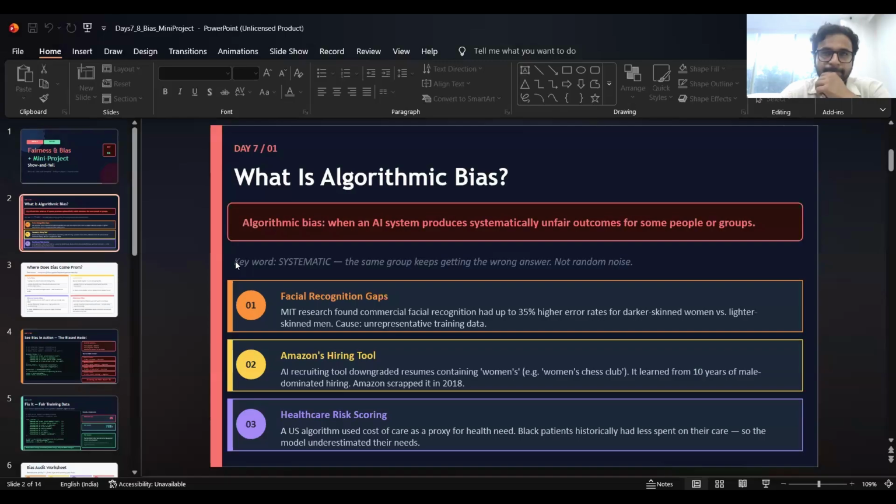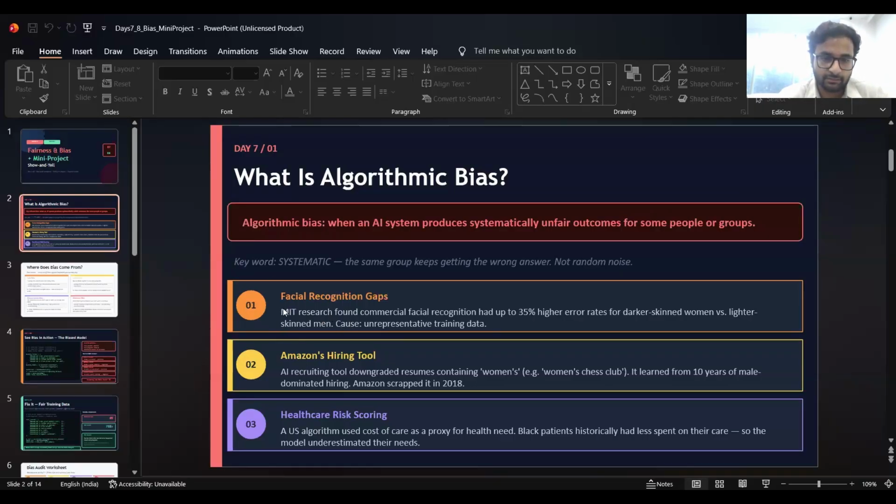For example, there was a tweet which I think Donald Trump posted. He said that Claude specifically is biased towards the left side of politics, and that it consistently says things against Donald Trump's government. It's quite possible that the training data used to train Claude showed some bias against Donald Trump. So it's just systematically unfair outcomes as per the data that has been provided to train the model, and it can show complete bias.